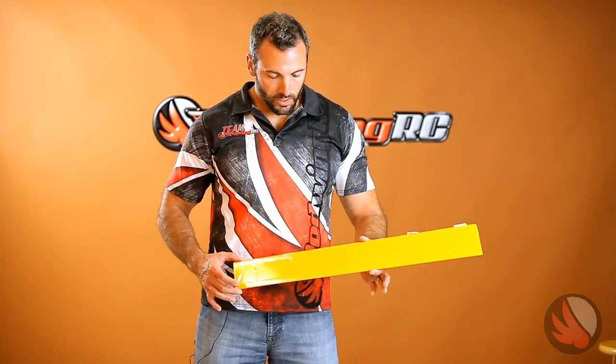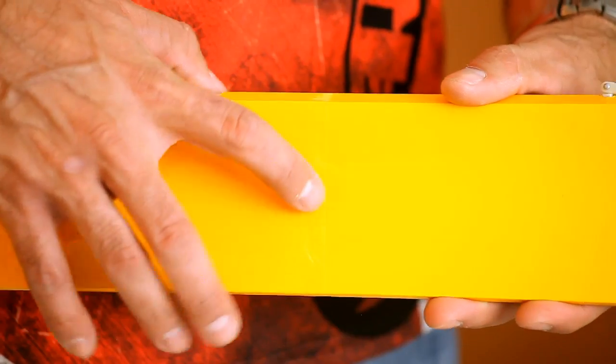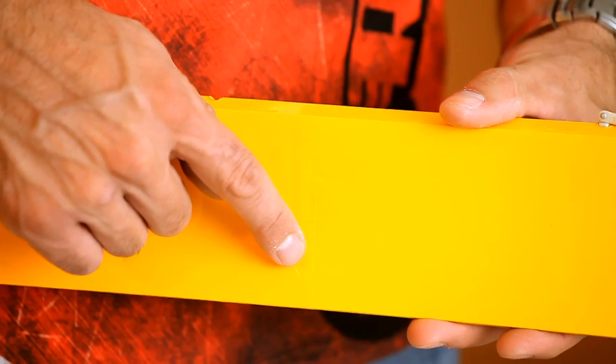Well, there you have it. As you can see, it's a nice smooth finish. A couple things to note. I always do these things to kind of experiment for myself. And this is an example of why two coverings sometimes don't want to match, especially if you have one that has a higher, more sensitive temperature